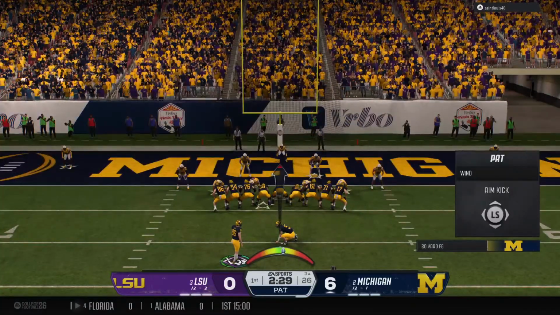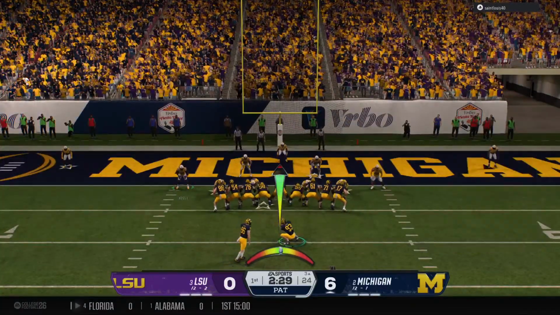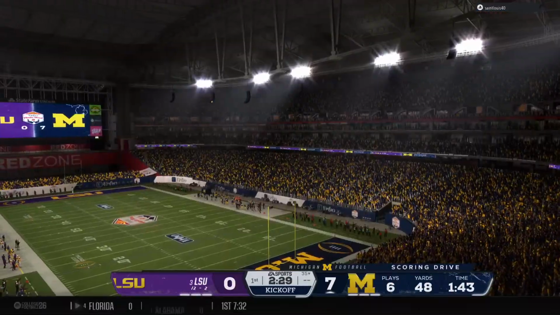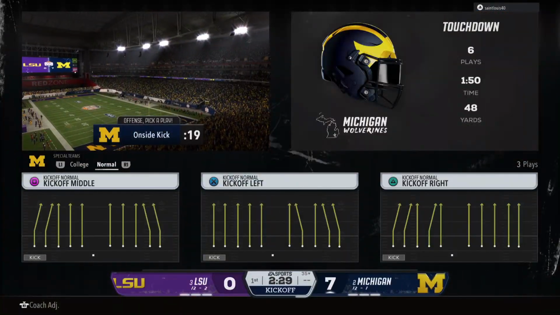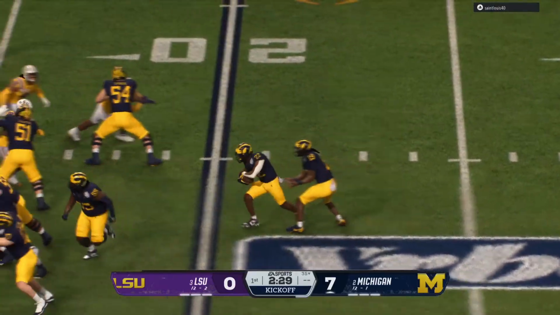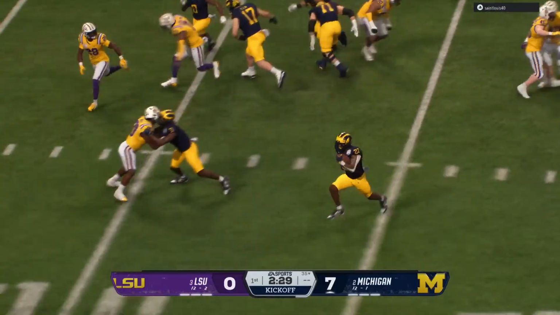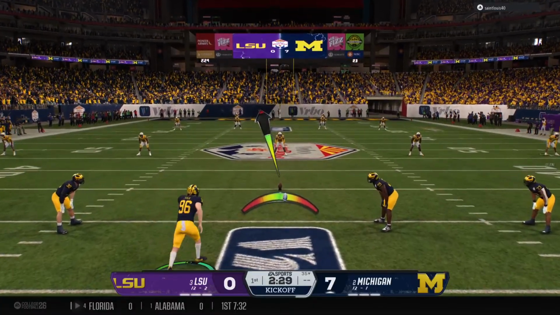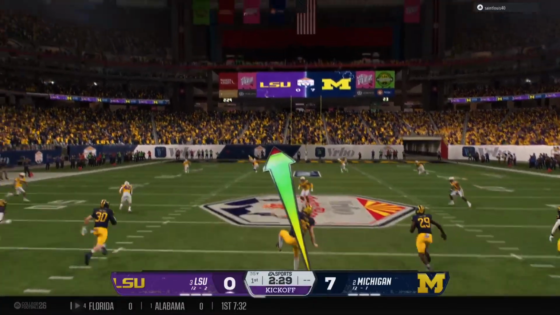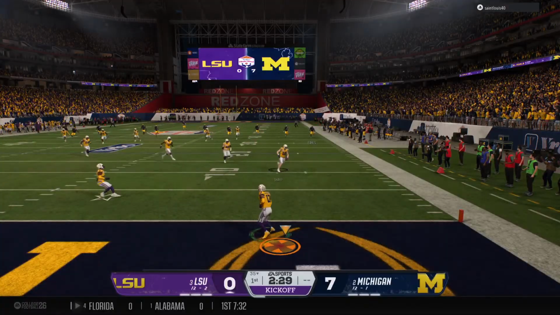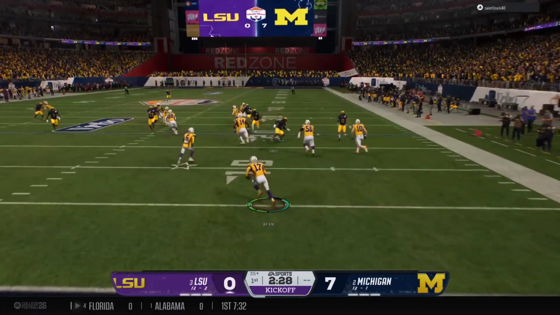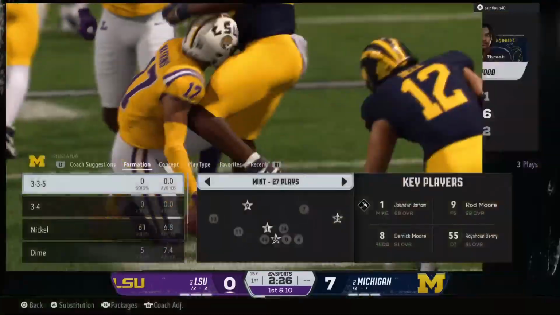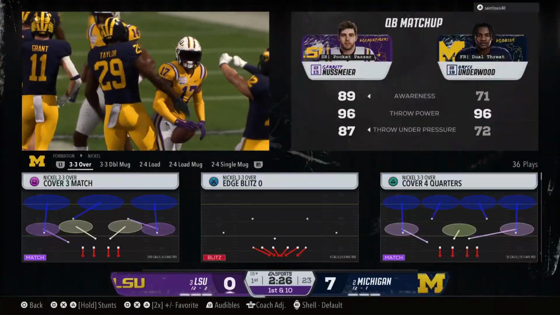So they'll try to add to the lead now with a PAT. And the PAT makes it 7-0 Golden. The kickoff team is out there to boot it away. Returner looking to create better field position. Coverage team flying down there. Good job. They limit the return. Not much there.